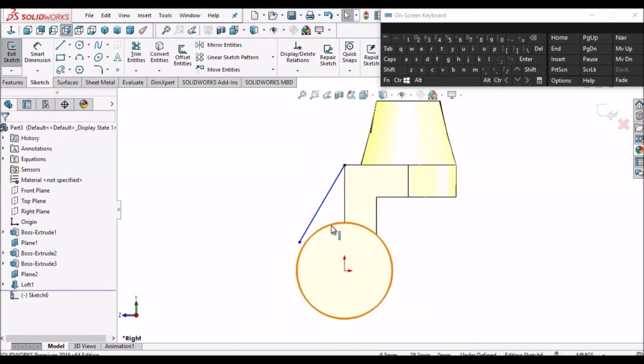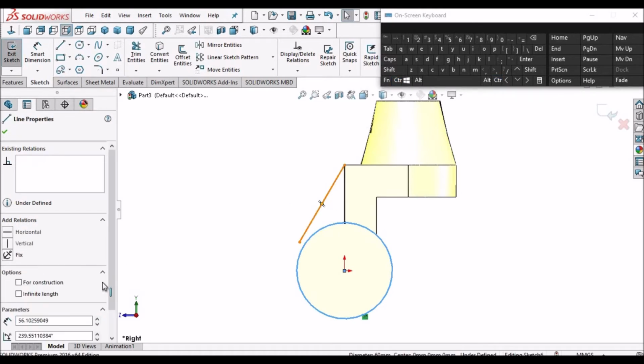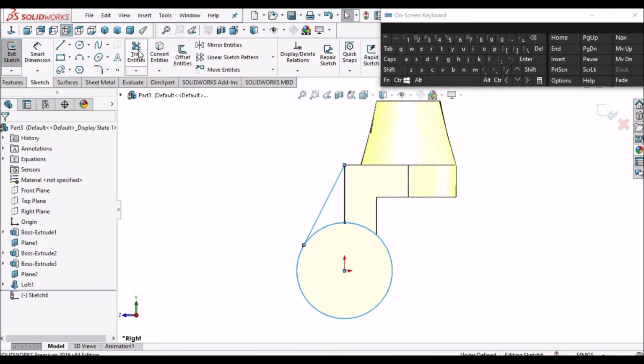Okay, select this circle, convert this into entity and select this edge, convert into entity and select this circle and this line and make it tangent. Say okay.